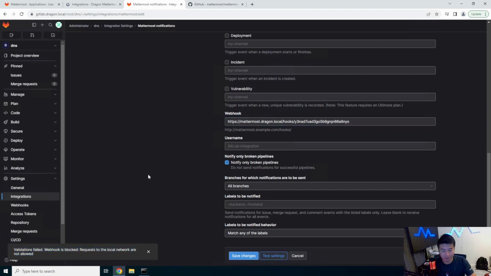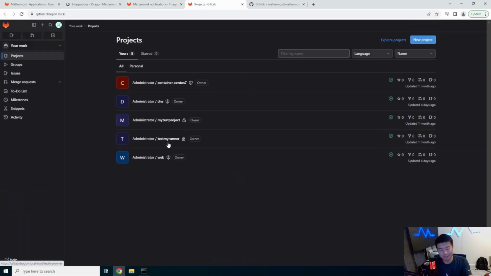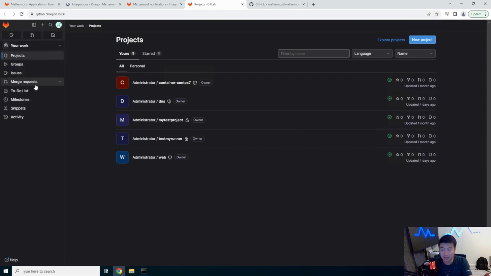Webhook is blocked because of local requests. Okay, so if you get that error, it only occurs because I'm doing everything locally in my Homelab, as opposed to if this was a public GitLab instance and I had my Mattermost server public too, that would be a different situation also. But because we're doing it all together, what we'll need to do is actually go to, real quick here,